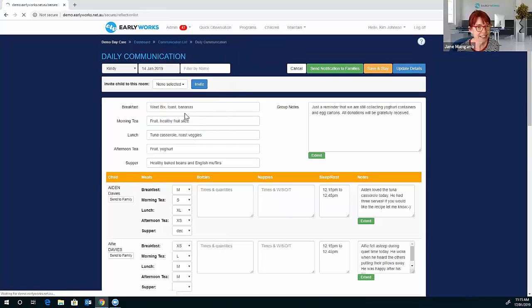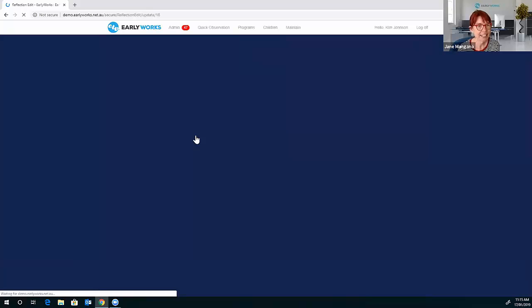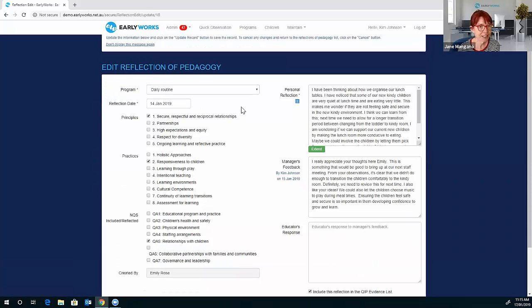Reflections of pedagogy. This is something that I'm really passionate about. With EarlyWorks, you can add your reflections of pedagogy. I'll show you one that's been done. So this is the way we've done it in EarlyWorks. You would choose the program that you're reflecting on. So this educator is reflecting on an aspect of the daily routine. You would tick the principle, practice or standard that is relevant to your reflection. You'd put your personal reflection in here, then your manager or ed leader or director, whoever provides the feedback,